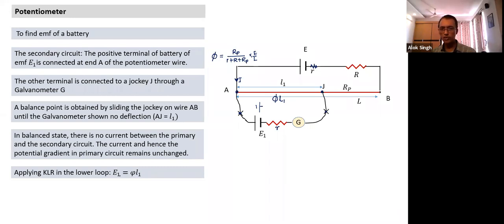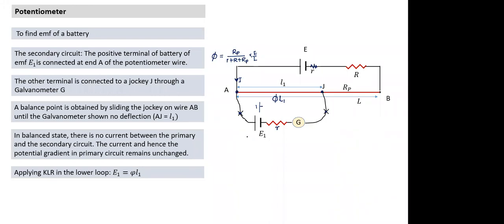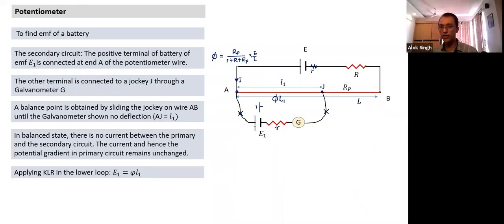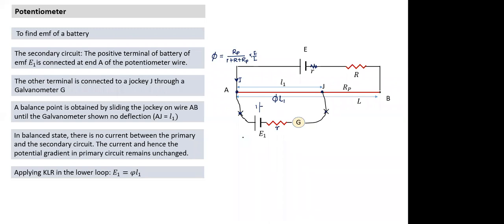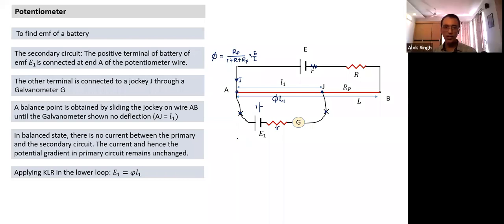Do you notice this method is better than a voltmeter? Anybody notices why this method of measuring EMF is better than the voltmeter method? A voltmeter can draw current if it's not ideal. Yes, in this case we are measuring EMF without any current actually flowing through the battery. That's the advantage of this method, and that's why this method is superior. We'll get a more accurate reading. It basically gives the true value of EMF. No current is drawn.